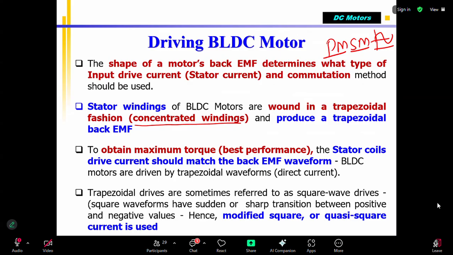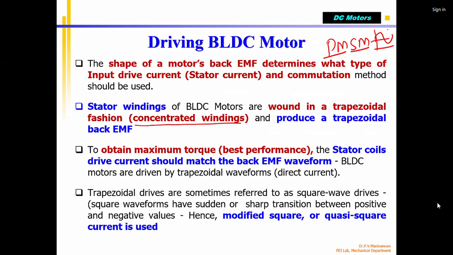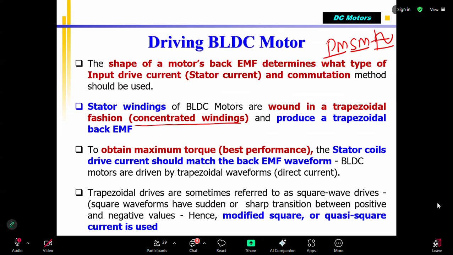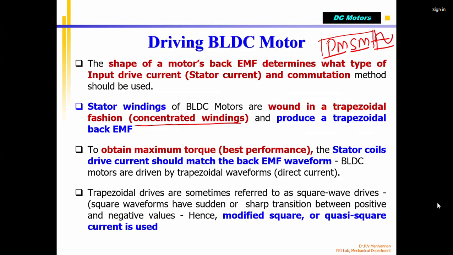Because of distributed winding, when you supply a sinusoidal AC voltage, each coil at any given instant creates a magnetic field also in the shape of a sine wave. Because of that, the permanent magnet synchronous motor generates a smooth, flat torque curve, because you are exciting one after another, and because of their sinusoidal nature they overlap each other. So the permanent magnet synchronous motor generates a smooth torque, but for the same winding, same amount of current and voltage,